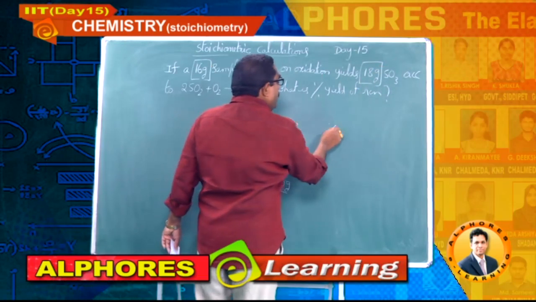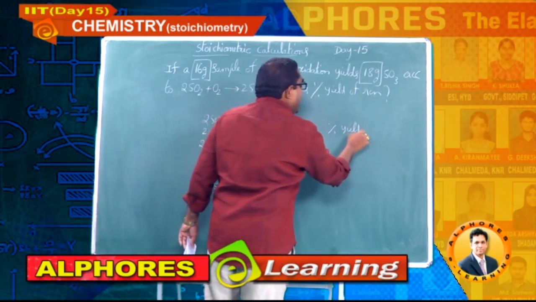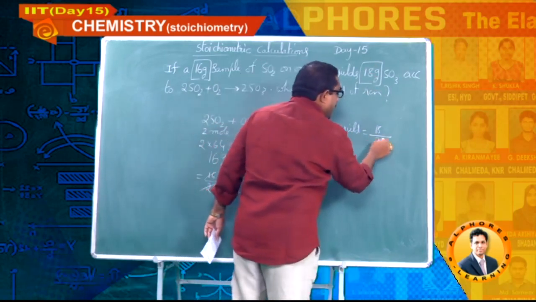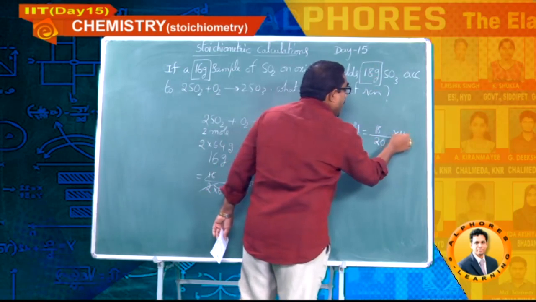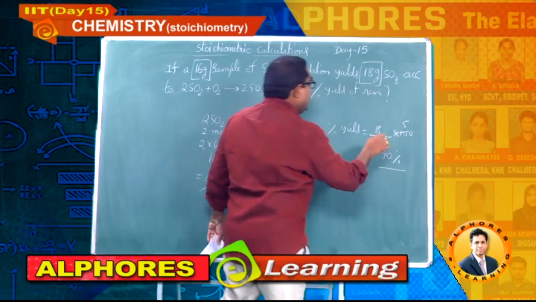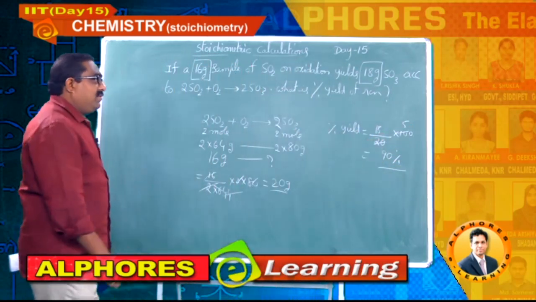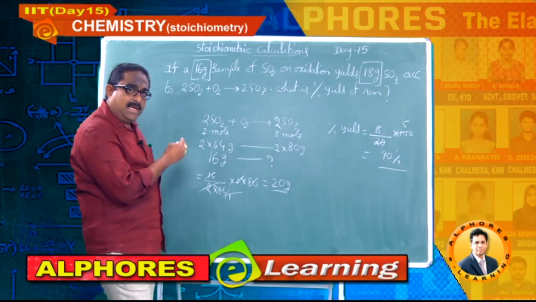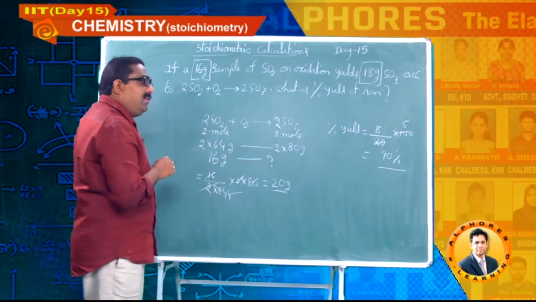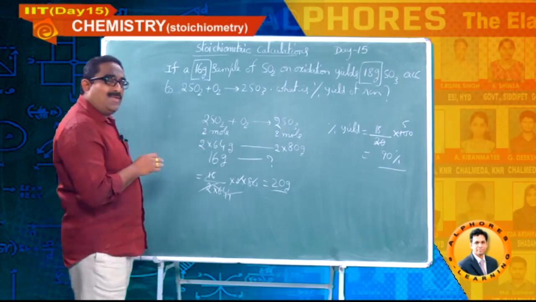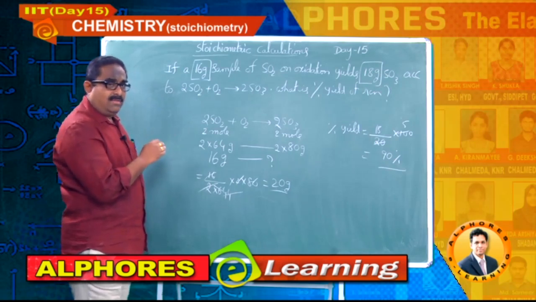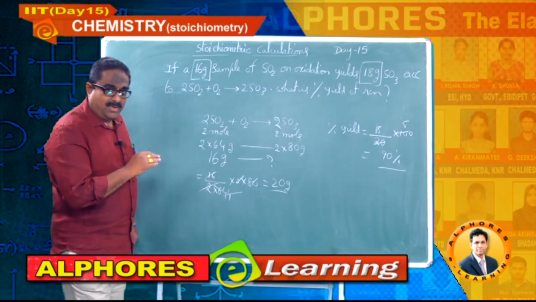Now we have to find out the percentage yield: actual amount of product divided by theoretically calculated 20, into 100, that is 5 18s are 90%. So the answer is 90%. So it is a very good process because 90% yield is there. A well designed and more economic process. Okay, please write down the solution. Then I will change the model of the question based on this approach.